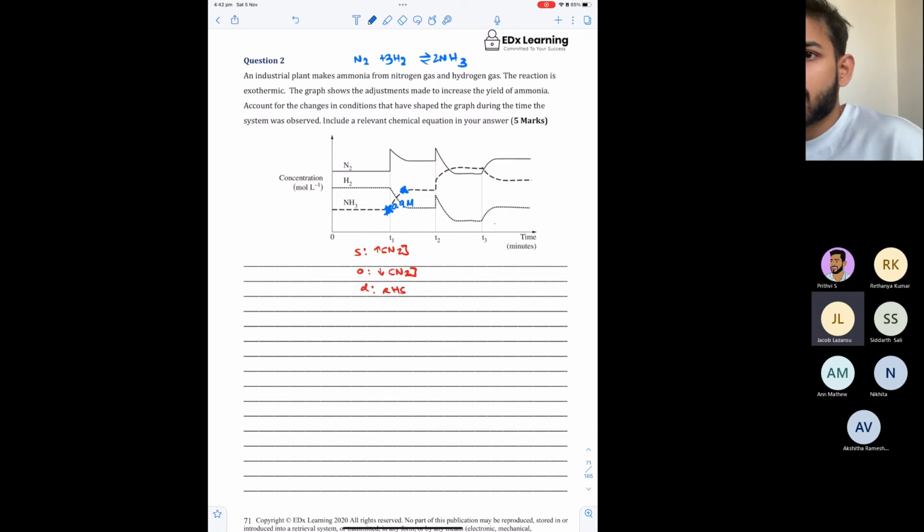Yeah, so nitrogen would change by 0.45, and then hydrogen would be 1.32. Good. 1.32 or 1.35? Jacob, what would hydrogen change by? Yeah, 1.35, that's what I meant. 1.35. Good. Okay. So for everyone who's wondering how Jacob got those numbers, and I'm sure some of you would